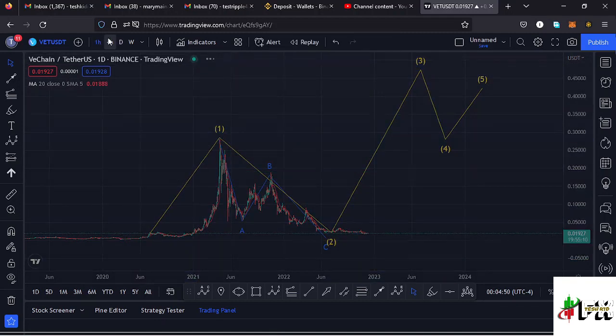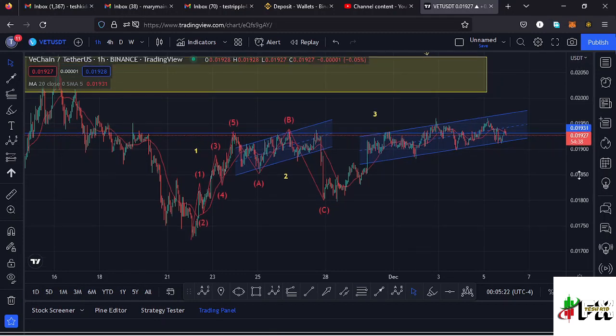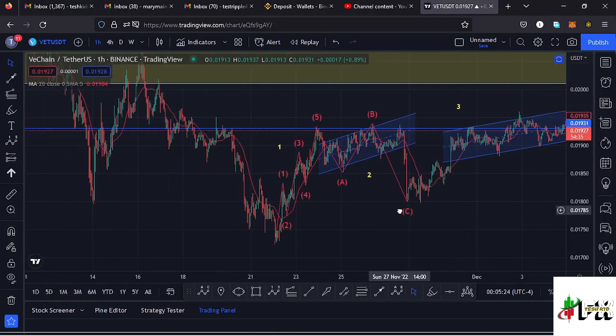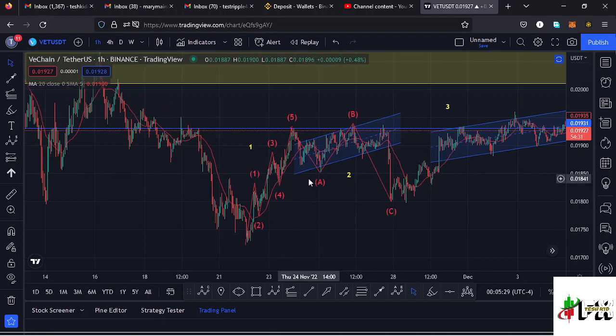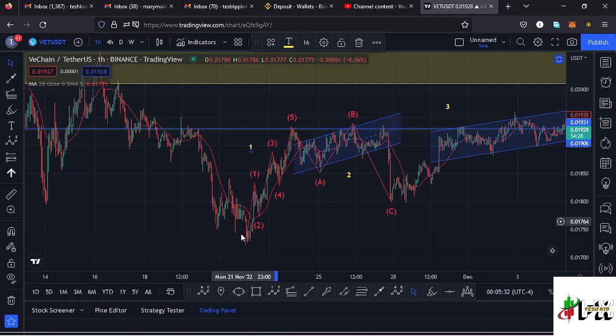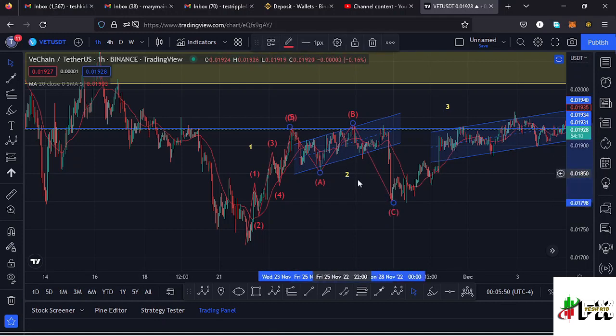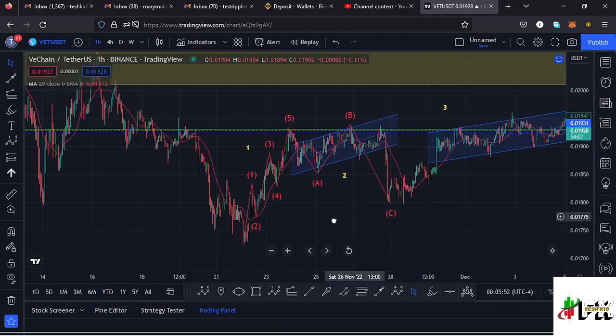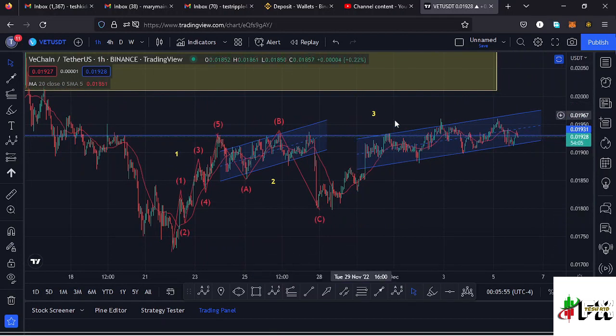And jumping to the 1 hour chart, here on the 1 hour chart you can see I have these Elliott wave structures over here, where I believe Vechain has continued pushing even higher, obeying the Elliott wave structures, where we have seen that first wave to the upper side, having seen these fractal waves in formation within that higher Elliott wave count 1 to the upper side. And after seeing that movement to the upper side in the formation of that wave 1, whatever I expected next is a bit of a retracement in the formation of this wave 2. And we have also seen an ABC corrective structure, which has fully maximized the formation of that higher Elliott wave count 2 to the lower side. And now my primary scenario is that we're in the formation of this wave 3 to the upper side.